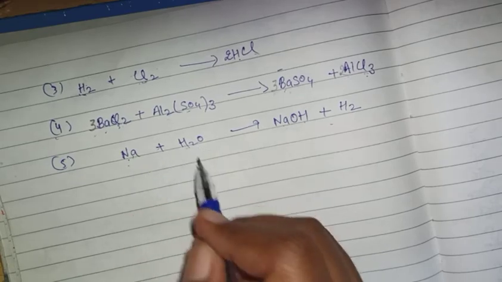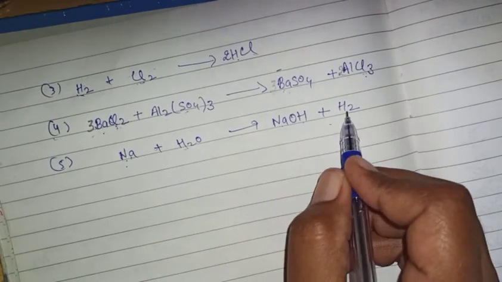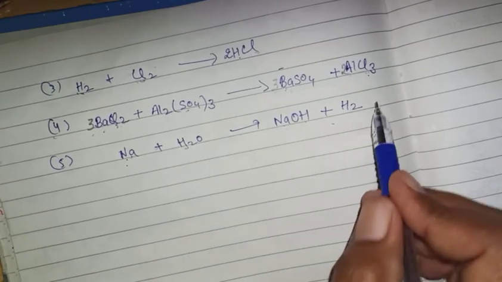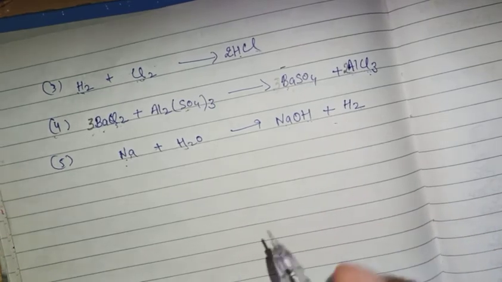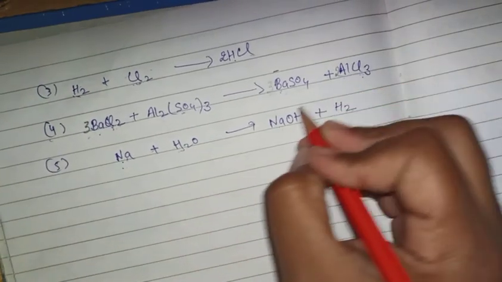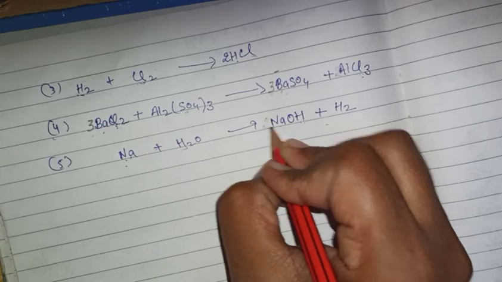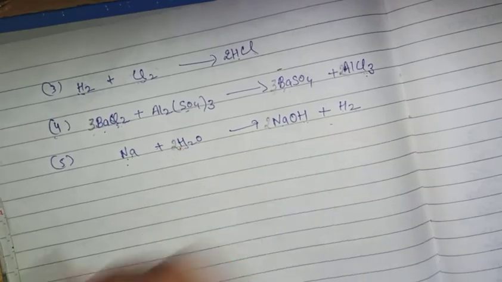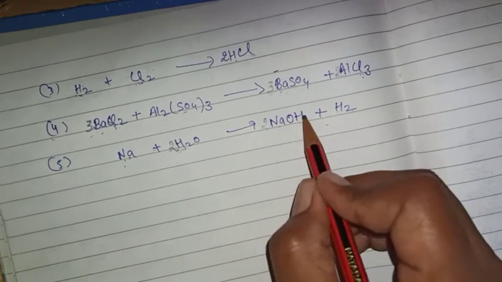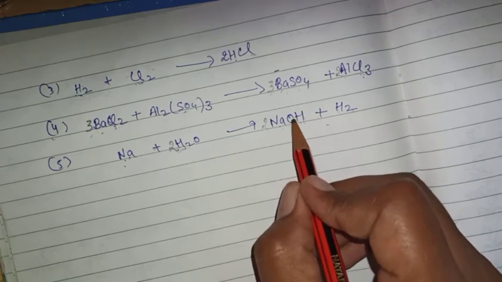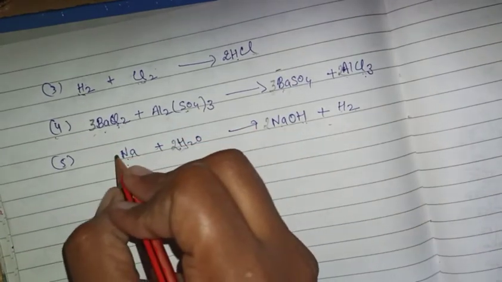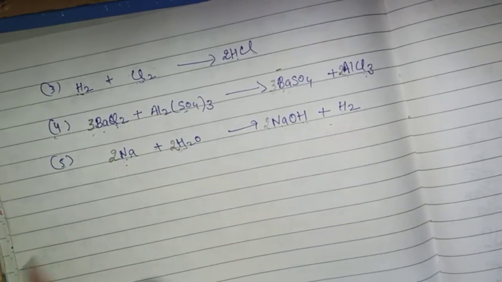When you dissolve sodium in water, it forms sodium hydroxide and hydrogen gas is released. As you can see, this is not balanced because on the reactant side 2 hydrogen is there, but on the product side 3 hydrogens are there. So firstly we have to balance the hydrogen. Here 3 hydrogen, here only 2 hydrogen. To balance this, I will multiply here with 2. Now your hydrogen will become 4, and water also I will multiply with 2. Total hydrogen is 4, and in the product side 2 plus 2, 4 hydrogen. And oxygen, let's come to the oxygen. 2 oxygen on the reactant side, but in the product 2 sodiums and in the reactant 1 sodium. So to balance the sodium, I will multiply this with 2.